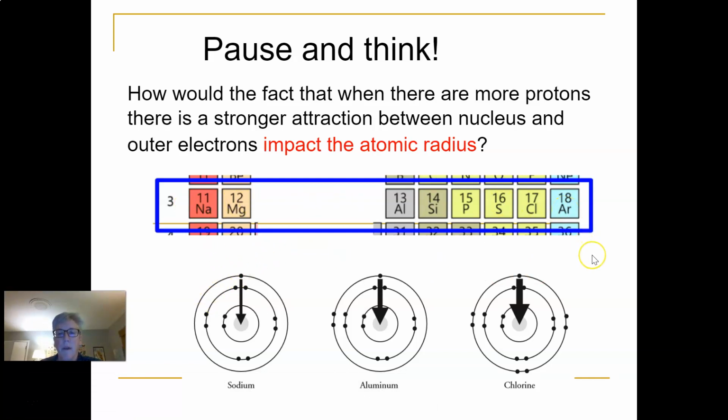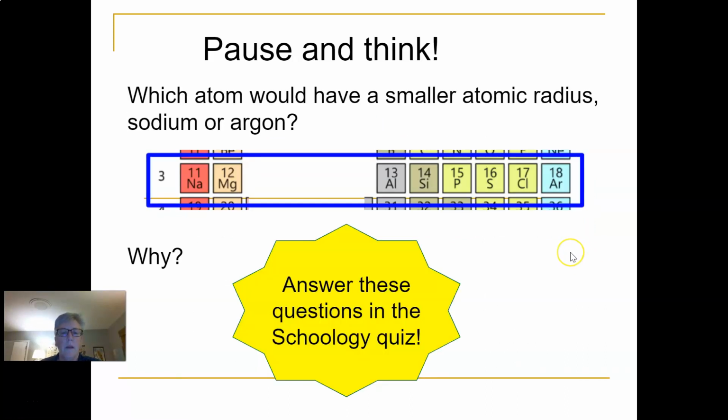All right, so think about that one for a second. Okay, and see if you can answer that question on the next question on the Schoology quiz. Which atom will have a smaller atomic radius in this 3rd energy level, the 3rd row, sodium or argon? Okay,